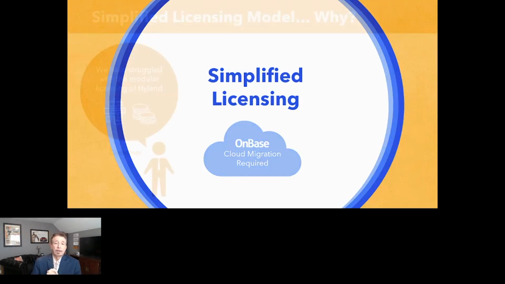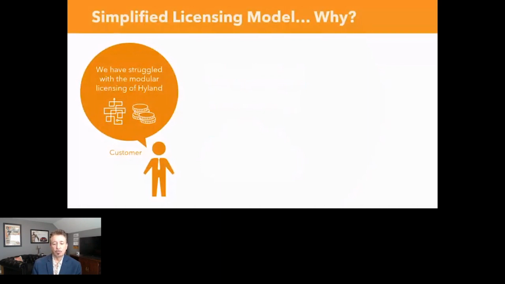First question really is, so why did Hyland make this move? Why did they come out with simplified licensing? And they really got feedback from lots of places, including you. Over the years, and this should be familiar, while the platform is awesome, people have shared regularly it's complicated, right? It's all these modules, 350 plus and growing. And besides it being complicated, I feel like I'm getting nickel and dimed. It's $5,000 for this and 10 grand for this and maybe 50 grand for this.